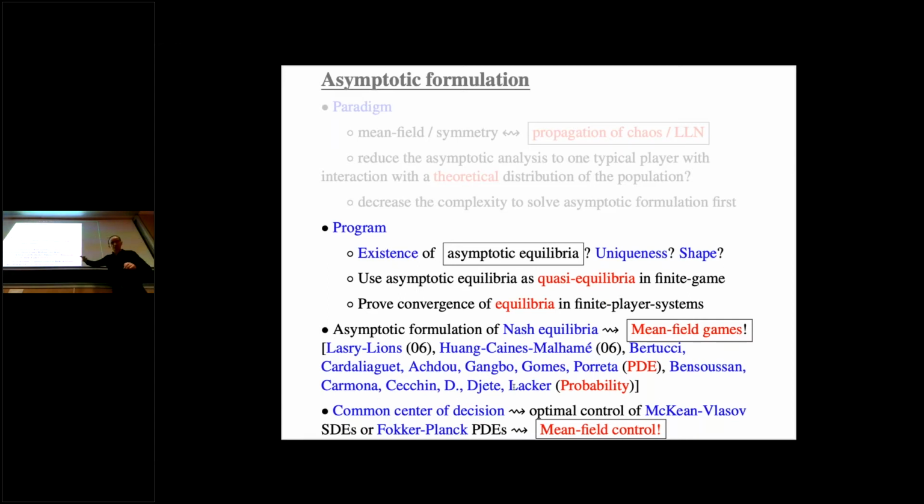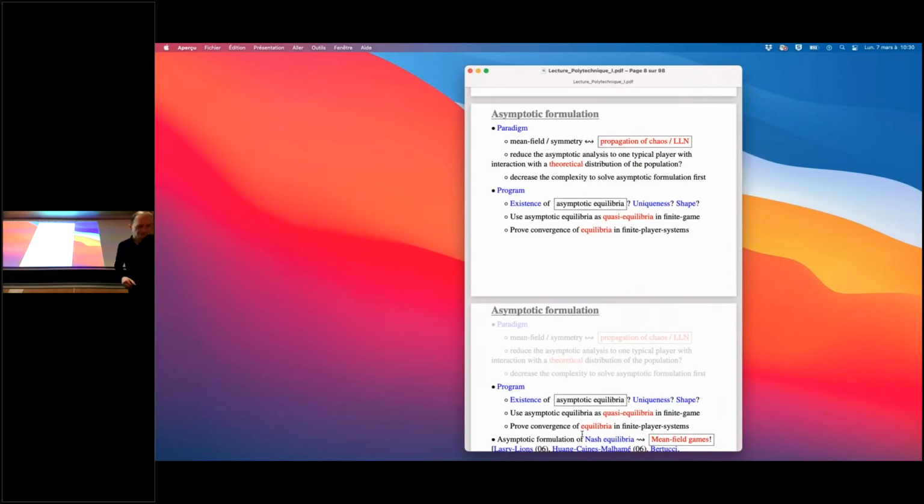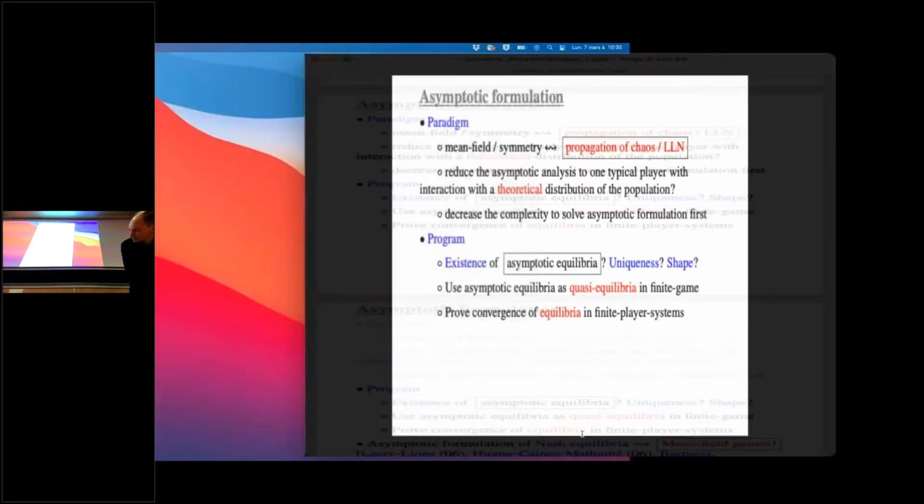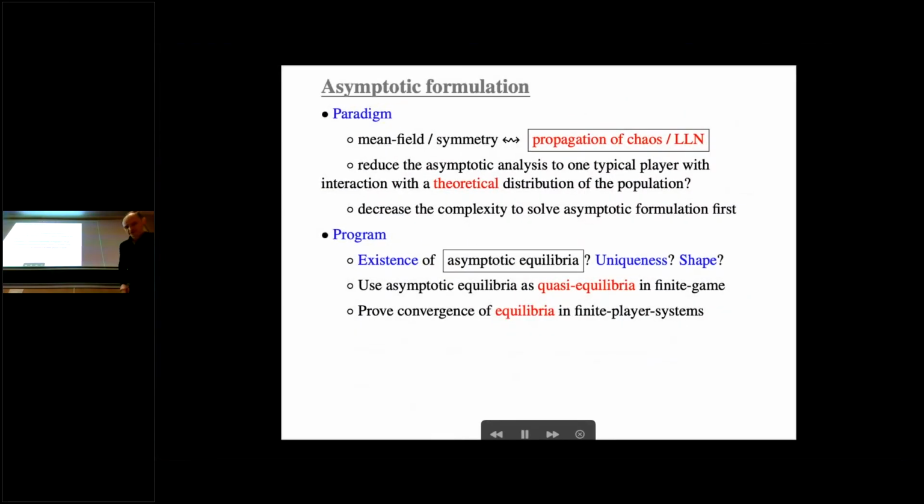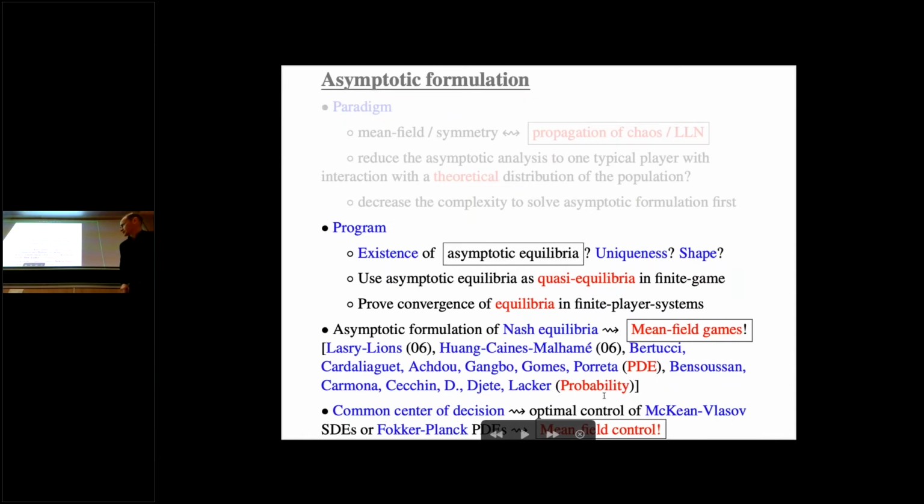And about the other kind of optimization, which I'm going to mention, but certainly I will spend less time on. This is what people call optimal control of McKean-Vlasov equations. So this is nice for you if you know what a McKean-Vlasov equation is. Sorry about this. And another terminology is mean field control.